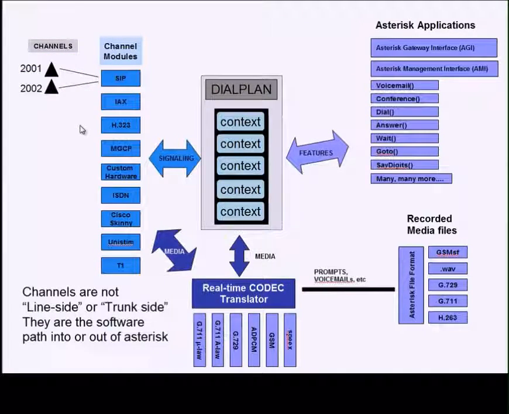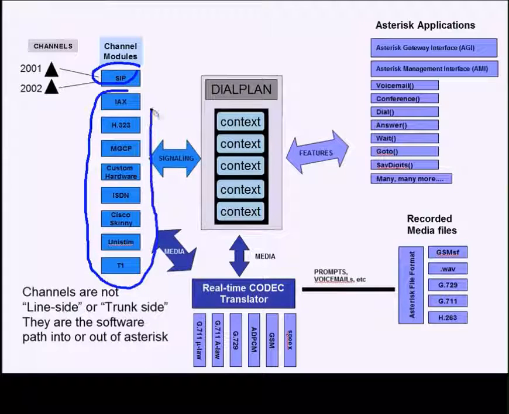Bear in mind that call flow does not have to be restricted to just SIP. There's a lot of other software modules that can be included or loaded to open up an IAX channel, for instance. This is where we would connect to another Asterisk box using the Inter-Asterisk Exchange protocol. Maybe H323 or Media Gateway Control Protocol, the Cisco Skinny Call Control Protocol, or Unistim. The Nortel guys, for instance, would be examples of different modules that people have written and contributed to the Asterisk